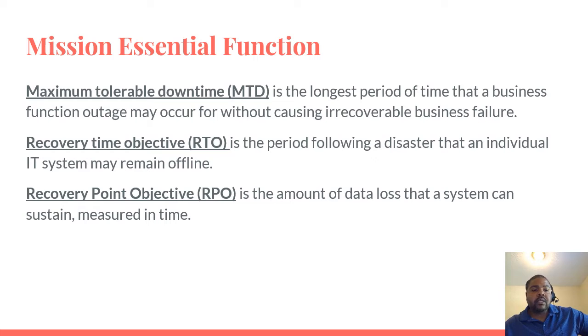So once you figure out what's critical to the business, what functions can you not live without for a certain amount of time before the company is actually in a disaster recovery type of mode, you need to go into the mission essential functions. That's knowing the maximum tolerable downtime, the recovery time objective, and then the recovery point objective. So the maximum tolerable downtime is the maximum amount of time that you can go without this function before it becomes a critical asset and the company is about to go under